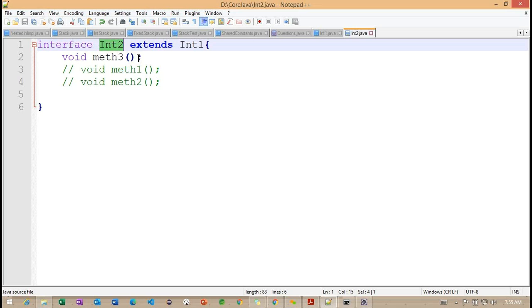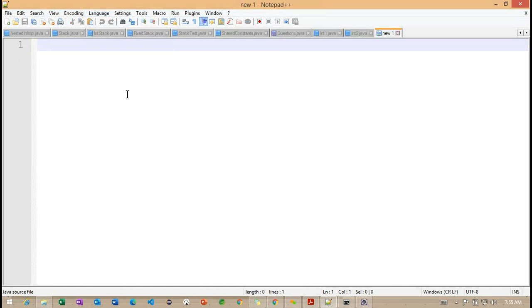Okay. Now, we cannot create an object of this interface, as we already identified. Why can we not create objects for this interface? Because the interface has full abstraction. Right. Now I want to create an object. Getting the point. To create an object, what can we do? We need to implement the class.